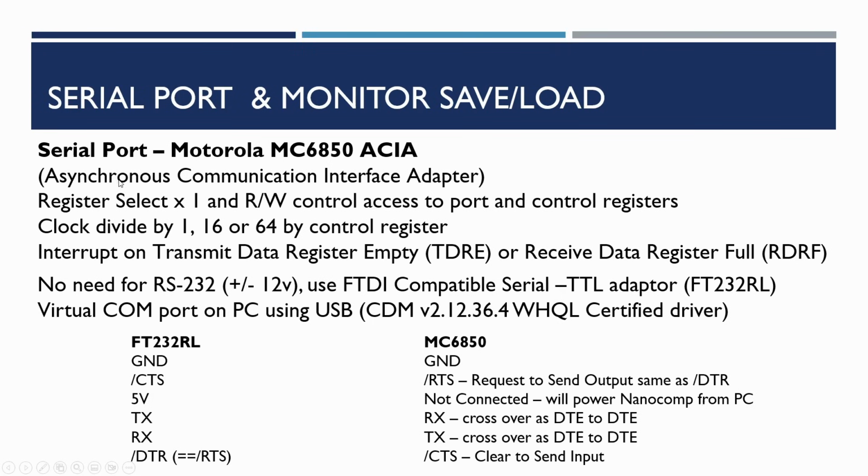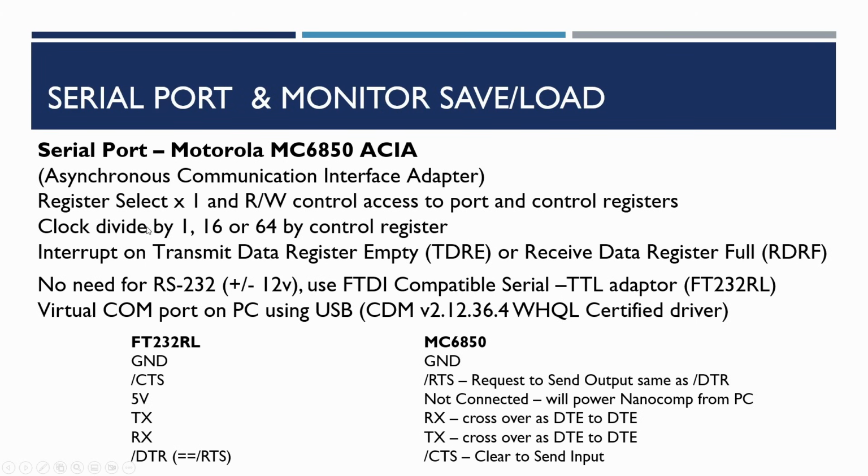This has a number of registers in it. There are generally 2 addresses it uses, and it uses the read-write control lines to determine whether we're reading or writing to the control and status registers. So we have a data port for sending data or receiving data, and we have a control port for setting control register values or reading the status register to determine what the current state of the serial port is, whether there's data available for reading or whether the serial port sent data and is waiting for some more data to be sent.